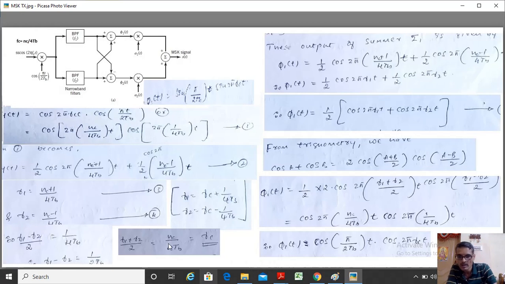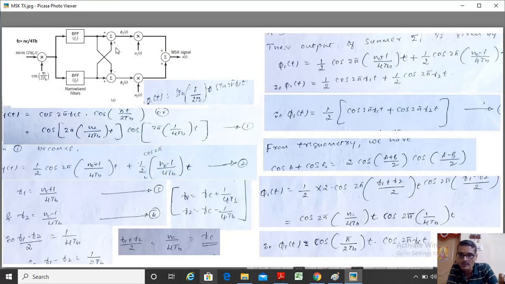Now, if I go back to this particular term here, if I have F1, NC by 4 TB is FC and plus 1 by 4 TB. That's what I have. So I can say that another way I can write the equation for F1 as FC plus 1 by 4 TB, where this FC is equal to NC by 4 TB plus 1 by 4 TB. Similarly, F2. Now, so I know what is the signal component present here. So what exactly the meaning of this is, my requirements are actually satisfied with the frequencies whatever I have selected. Now, I have this particular term over here, this particular term over here, right?